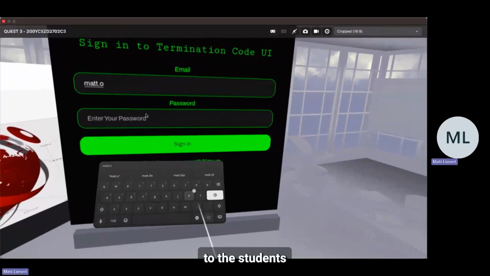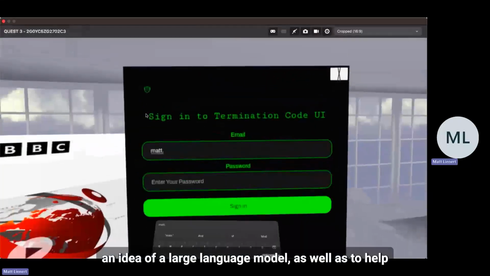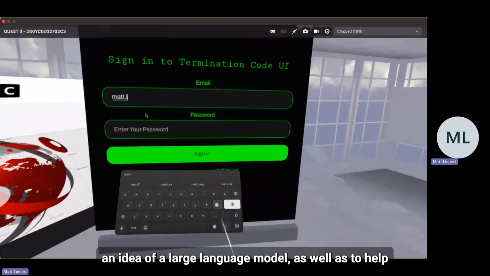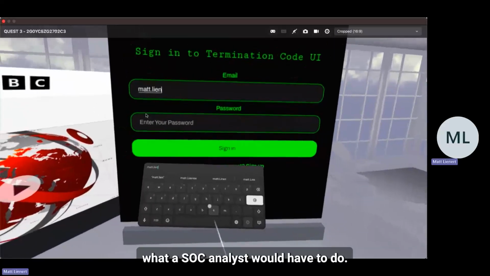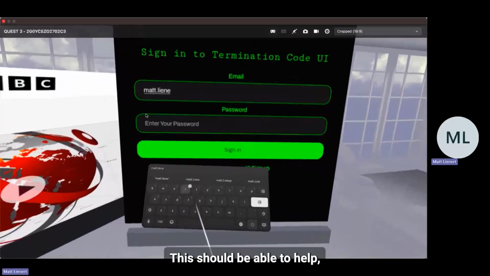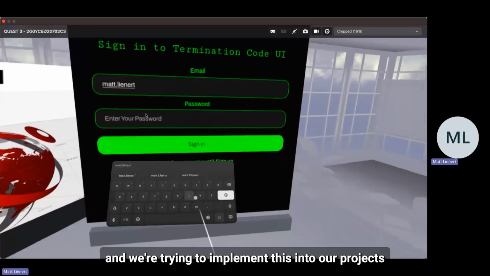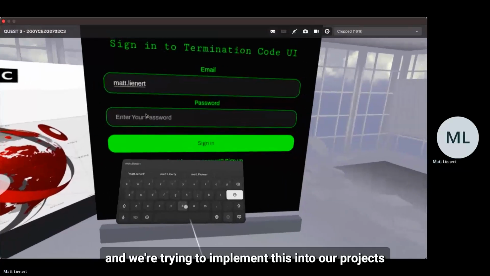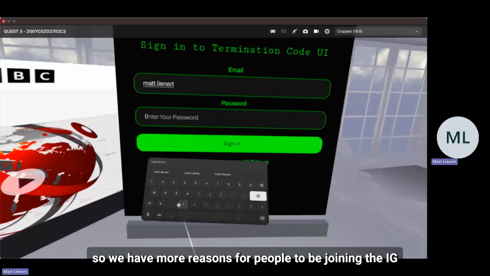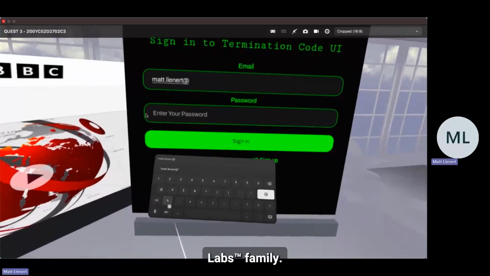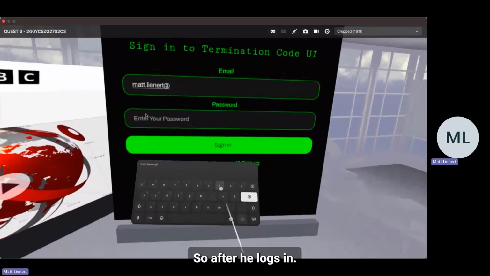to the students to get an idea of a large language model, as well as to help answer any questions that they might have regarding what a SOC analyst would have to do. This should be able to help, and we're trying to implement this into our project so we have more reasons for people to be joining the IG Lab family. So after he logs in,